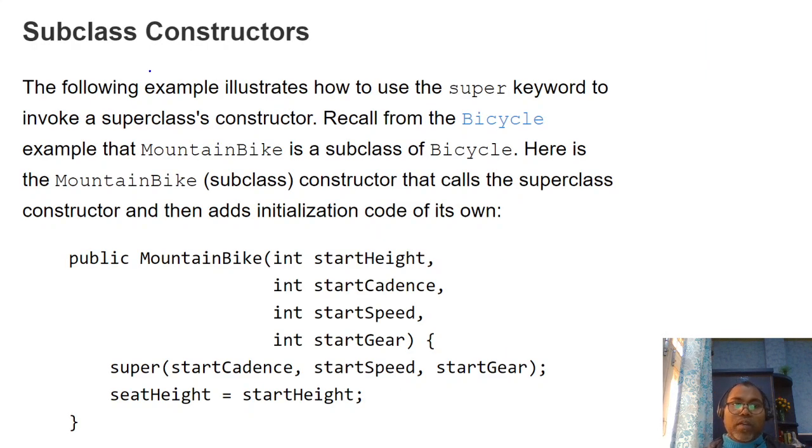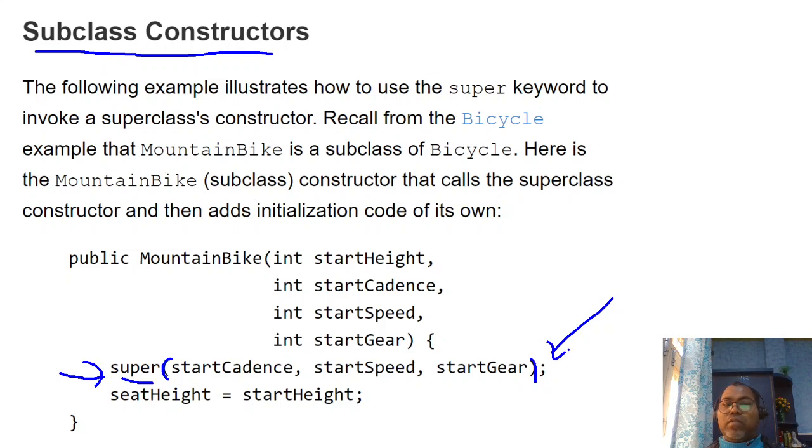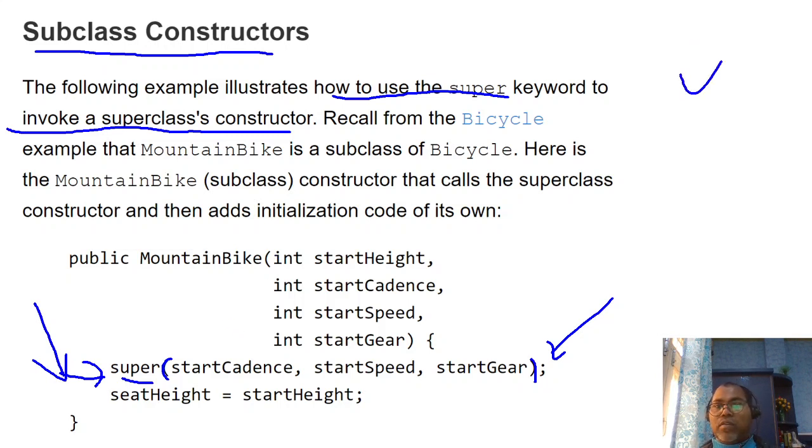Similarly, super is also used with constructors in the subclass constructor. It must be the first line of the constructor, and you can invoke the default constructor or a one-argument constructor, any constructor, from here. So, how do you use the super keyword to invoke the superclass constructor? I already explained you can invoke the superclass constructor using the super keyword, and it must be the first line of your constructor. You can invoke fields, constructors and methods from the subclass to the superclass using the super keyword.